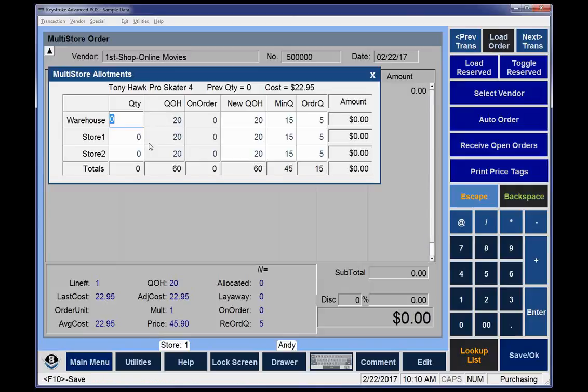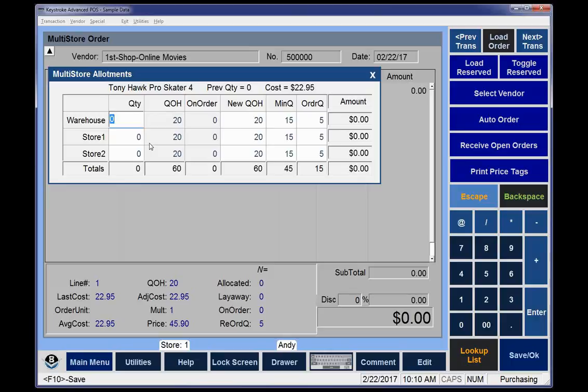And in my case, I really did copy the data, so you'll see 20, 20, and 20 as my quantity on hand. It shows my minimum as 15 and so forth. So I really haven't set this up to start an auto order kind of process, but it really works great for that too. But let's say we know we need more of these at store 1 and store 2, so